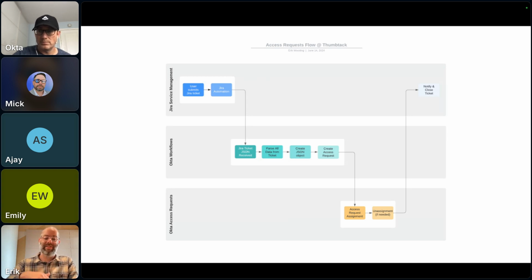ticket is sent in to Workflows, and the JSON is received by Workflows. So we send the entire ticket JSON data over to Workflows, where we'll parse through all the data from the ticket and grab those key attributes that are the questions, right? So we're going to grab the Jira ID. We're going to grab the approver. We're going to grab the application that they want, and we're going to grab the role and the duration. So those are the 5 key ones. We add others depending on the application itself, but that's the goal, is we're able to bring those over and say, here's the core or necessary attributes to build out the ticket.